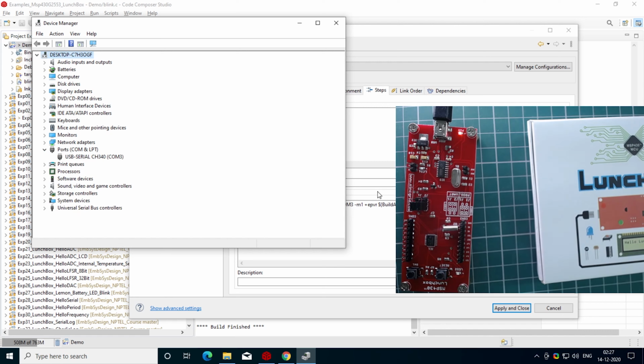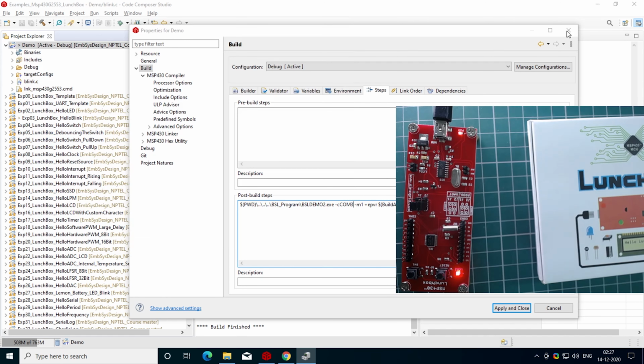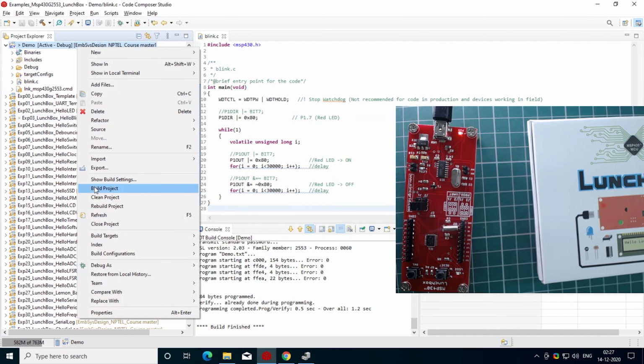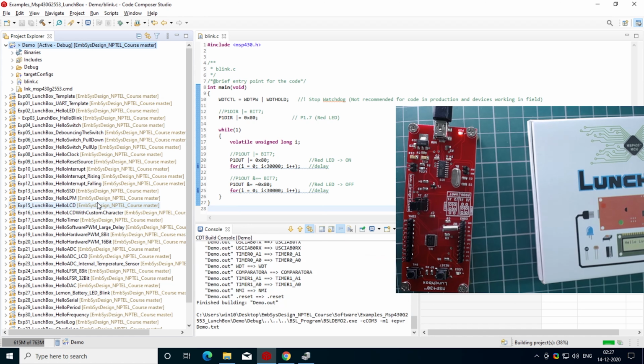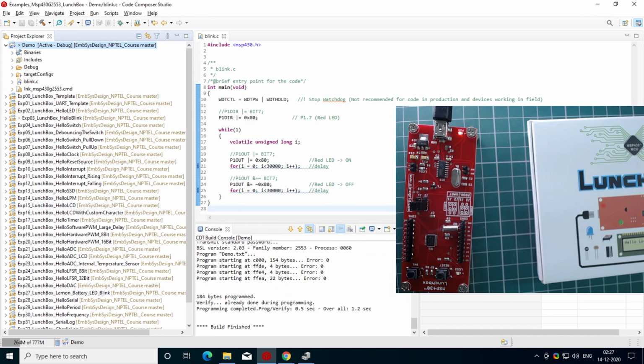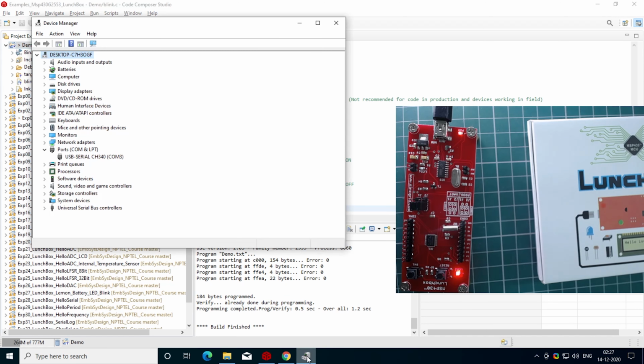Number three, press rebuild to push the code to the hardware. In case you are getting any error, check the device manager whether the hardware is being enumerated on the serial port or not. In short, whether there is a COM port number mentioned over here or not.